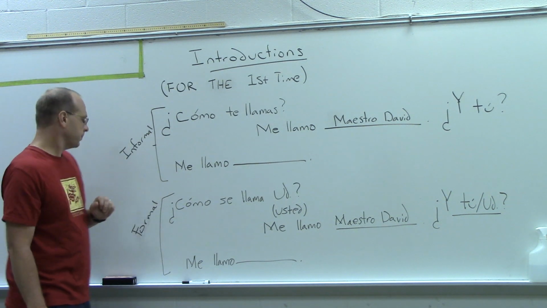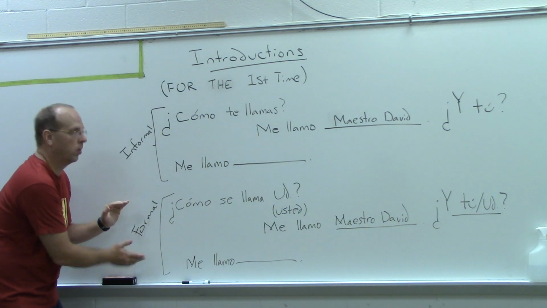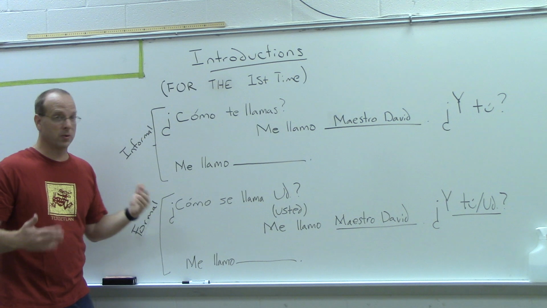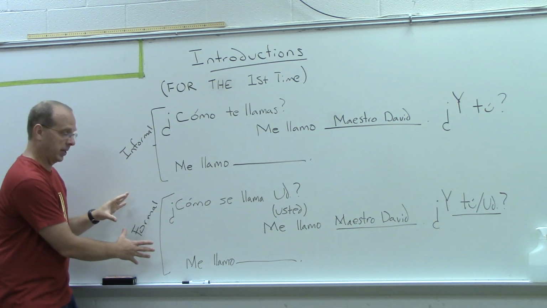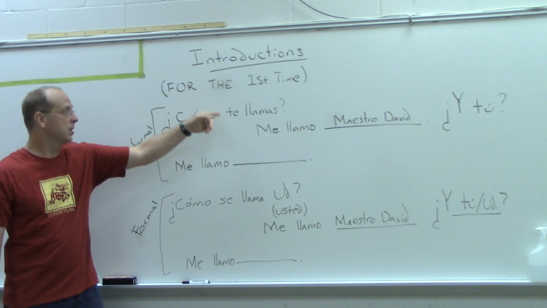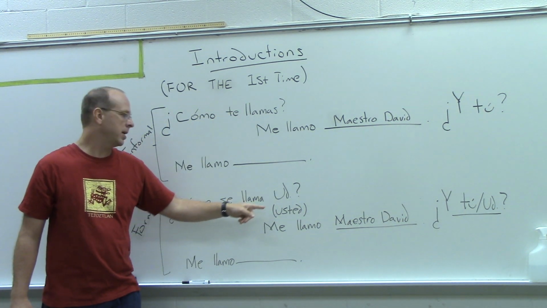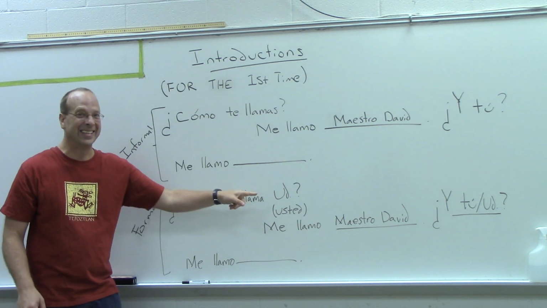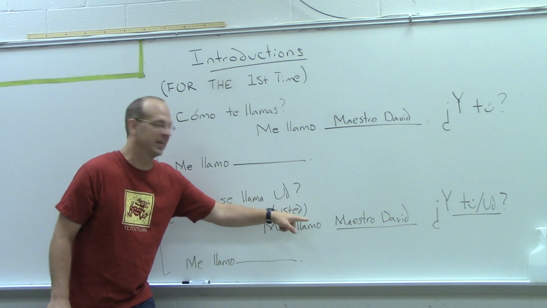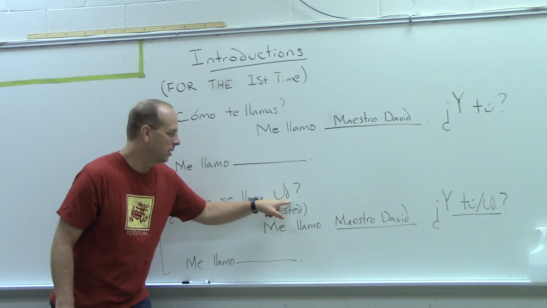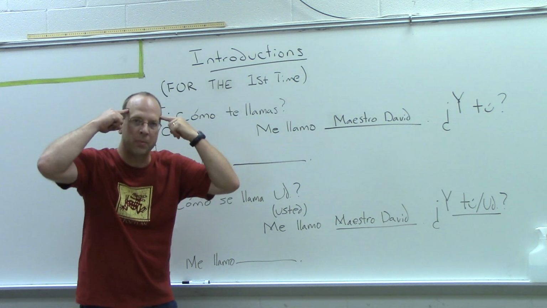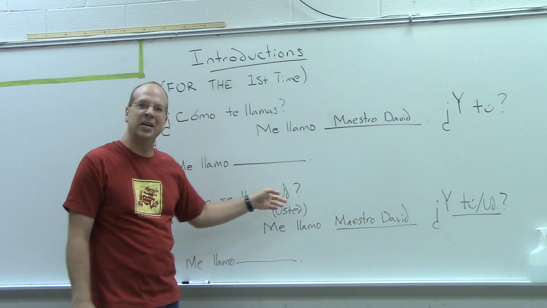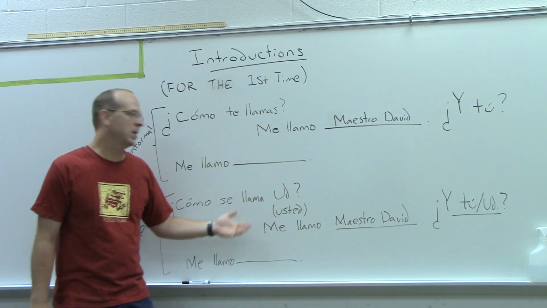That's the informal. Then we have the formal introduction of for the first time. The song doesn't change. It's still for the first time and forever. But formally, ¿Cómo se llama? Instead of ¿Cómo te llamas? It's ¿Cómo se llama? And then ud. Did anybody catch that ud? It's actually usted. And whenever you see a capital U, D period, that should automatically be in your brain as usted. It's not ¿Cómo se llama ud? It's ¿Cómo se llama usted?